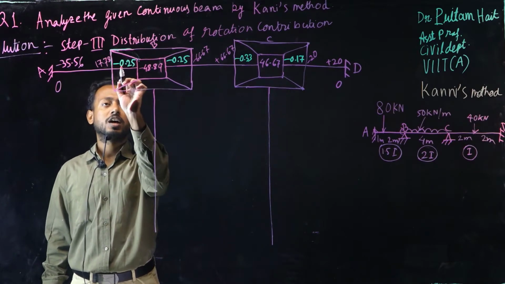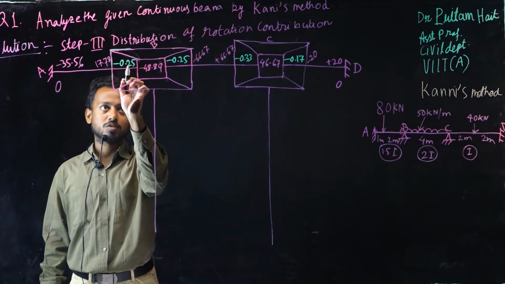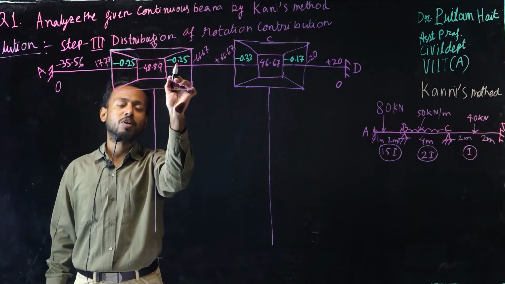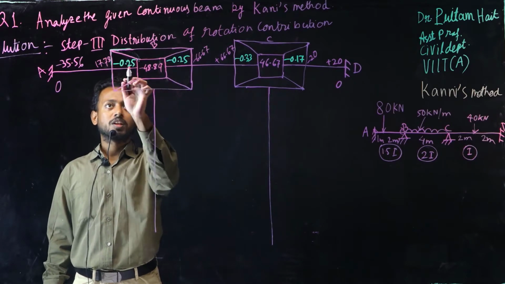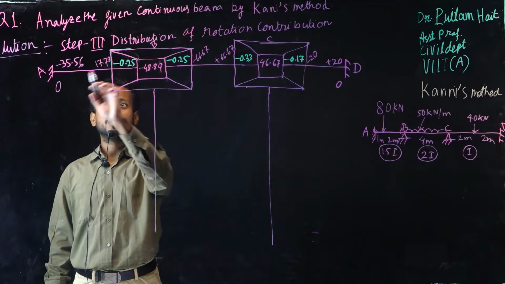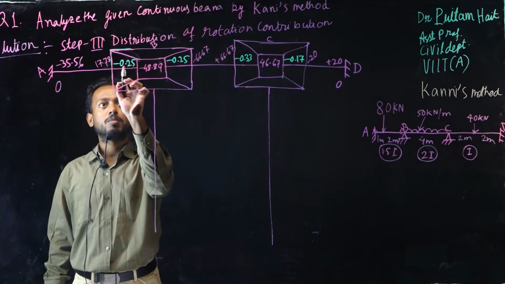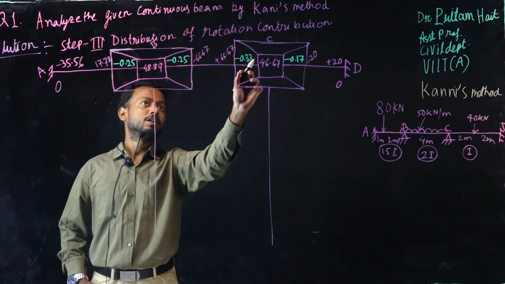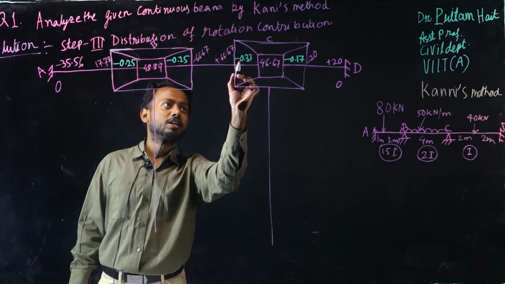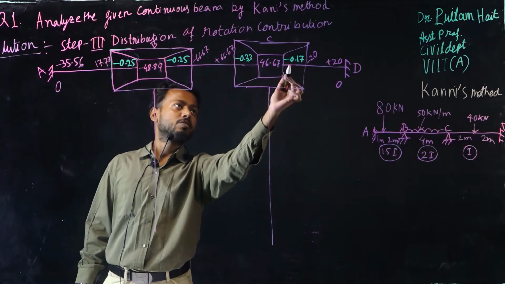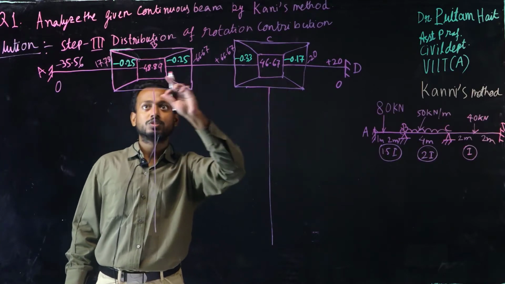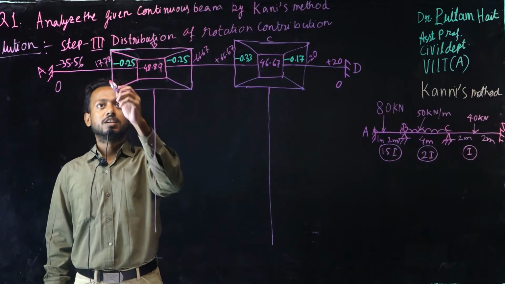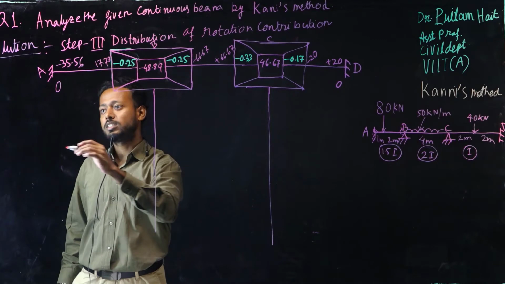First you write here the rotation factor. Rotation factor at B I calculated minus 0.25: for the BA member minus 0.25 and for the BC member minus 0.25. Similarly for the CB member it was minus 0.33 and for the CD member it was minus 0.17, right? So in this way you first write the rotation factors, then you add these two moments, that is